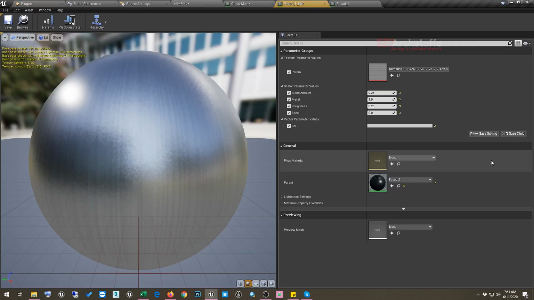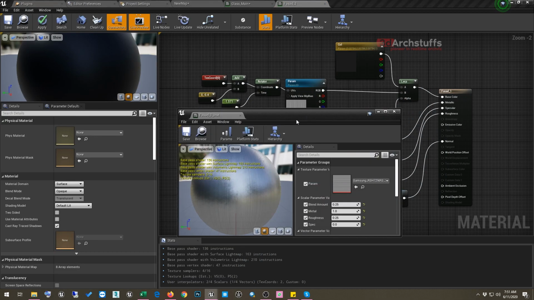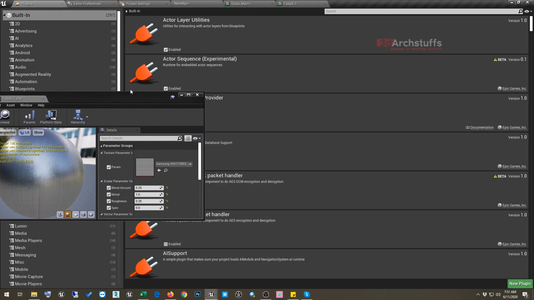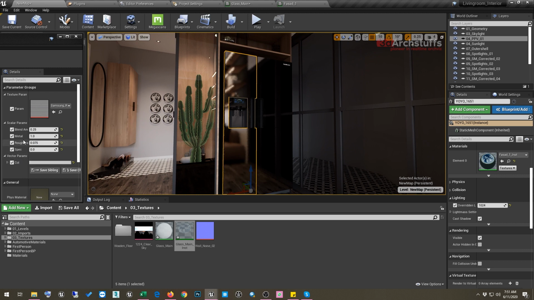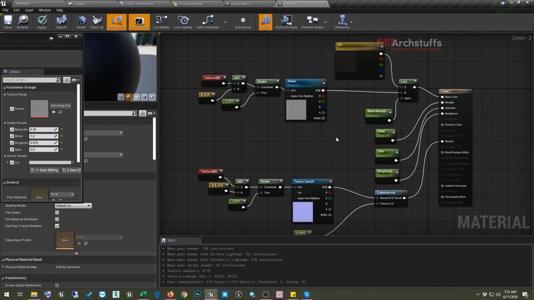So we'll double click this, and then we'll bring this here, and we'll make the reflection 0.075, and then we'll go to the blend mode. Let me show you the settings of this material.